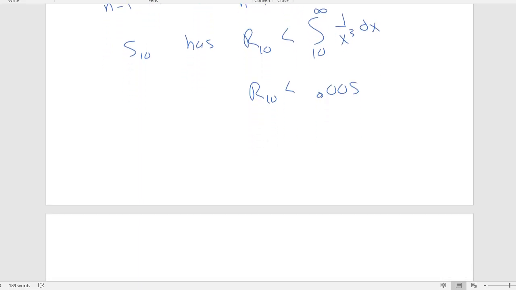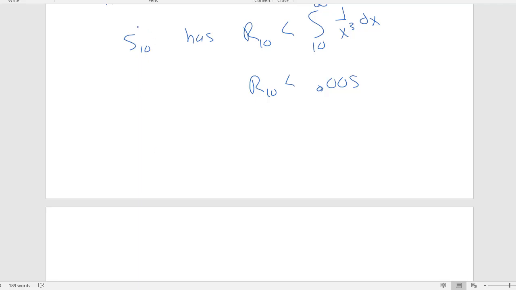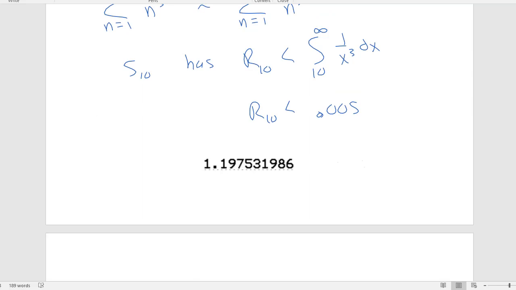Now, one way we can interpret this is in the following way. We had found what the sum of the first 10 terms was. I paused the video just so I could go back up and find it. We had estimated that already. So the sum of my first 10 terms was this number, and it is approximating my infinite sum. We're saying 0.005 is the max error. So in other words, if I have plus or minus 0.005, that kind of gives me bounds of my error. So I could say that my actual sum